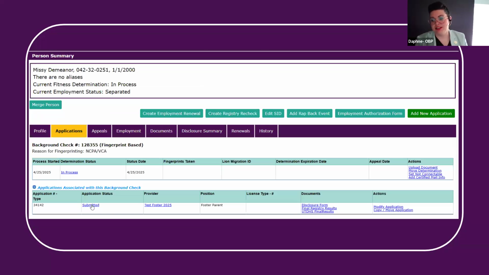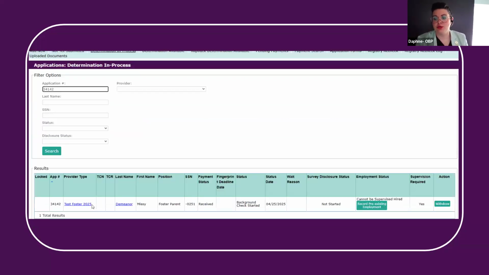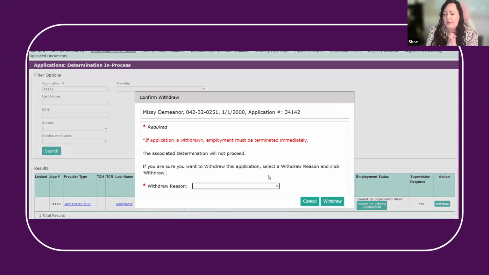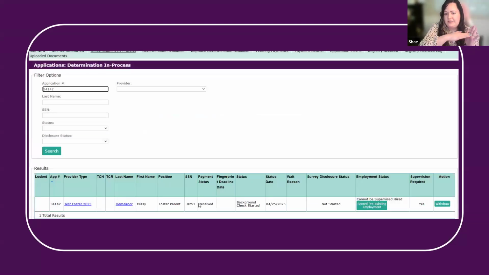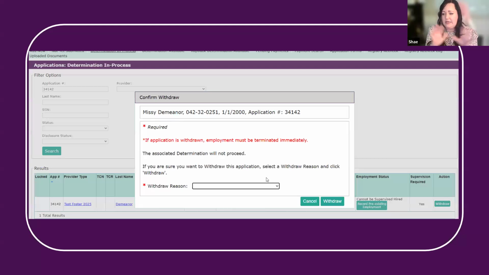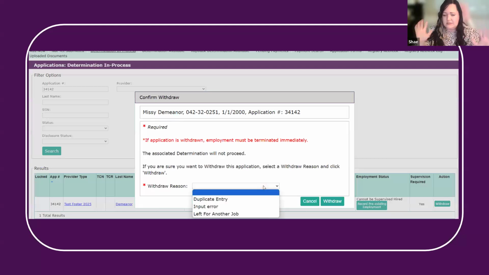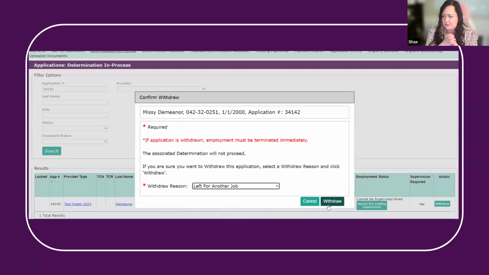We have duplicate employees that were initially paper applications. Should we separate those or will that cause problems? I would say keep your most accurate fingerprint-based application. And you can tell that by looking in the applications tab and the status. If it says fingerprint-based, that application number is the one you would like to keep. Anything else, delete those duplicates. By separating them, they will no longer show on your roster.